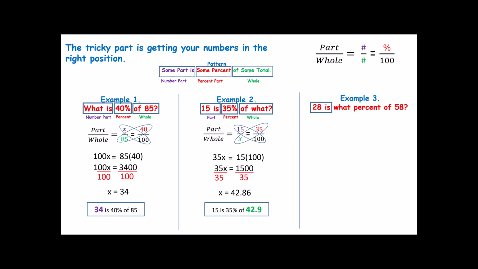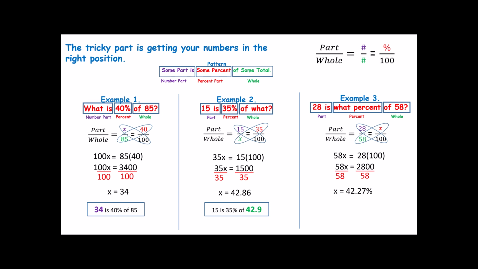28 is, well, that's my part. It's a percent of this whole. 28 is my part, 58 is my whole, my percent is unknown. So part is 28, percent is X, whole is 58, and you've done the hardest part. Means extremes property, multiply, divide both sides by the 58, and you get